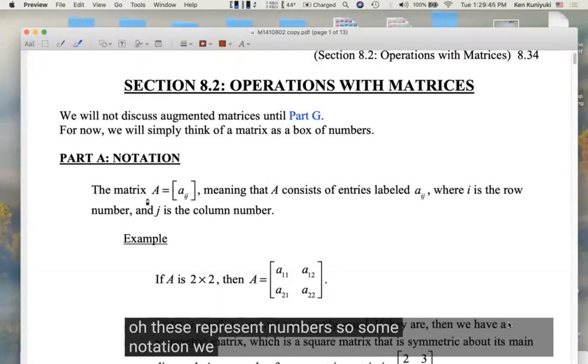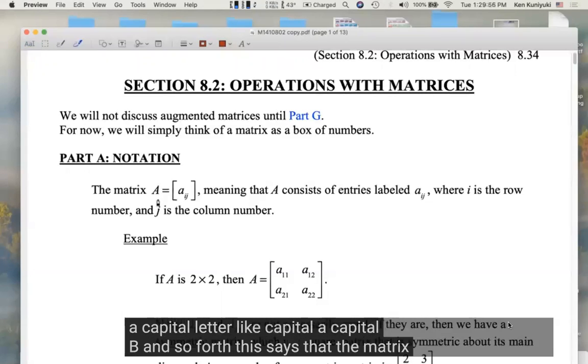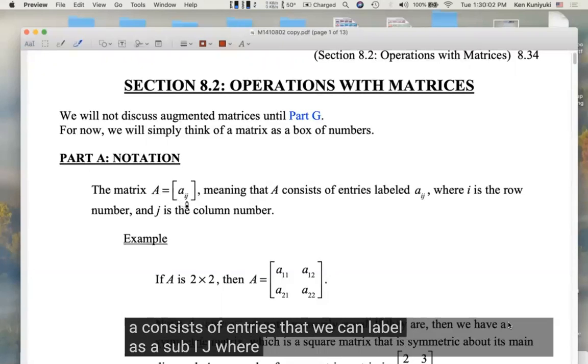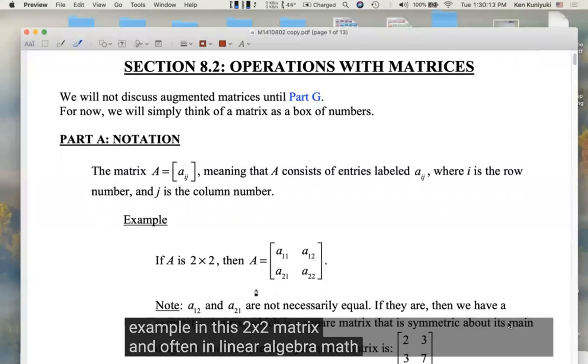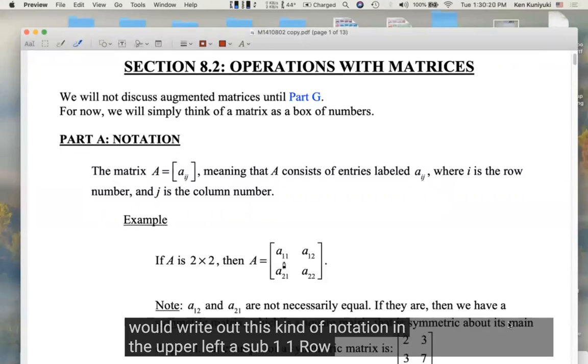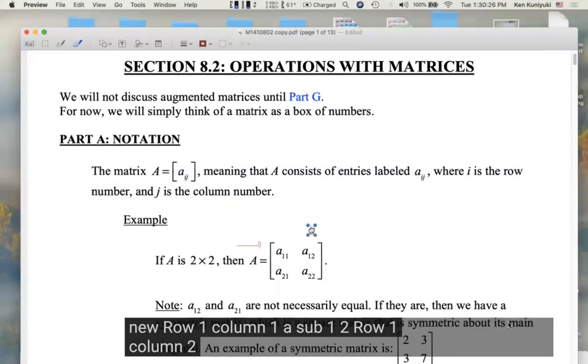So some notation. We often represent a matrix by a capital letter, like capital A, capital B, and so forth. This says that the matrix A consists of entries that we can label as a sub i j, where i is the row number and j is the column number. So for example, in this 2x2 matrix, and often in linear algebra, Math 254, you would write out this kind of notation. In the upper left, a sub 1,1, row 1, column 1. a sub 1,2, row 1, column 2. a sub 2,1, row 2, column 1. a sub 2,2,